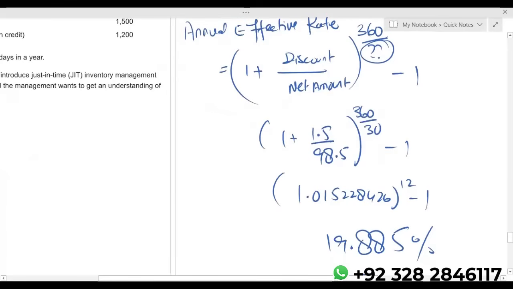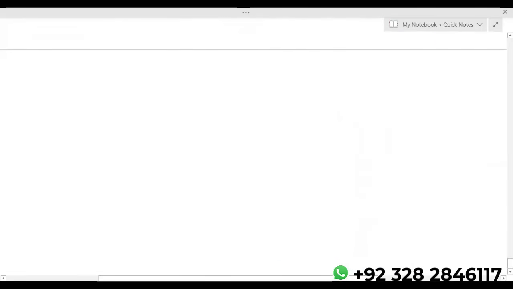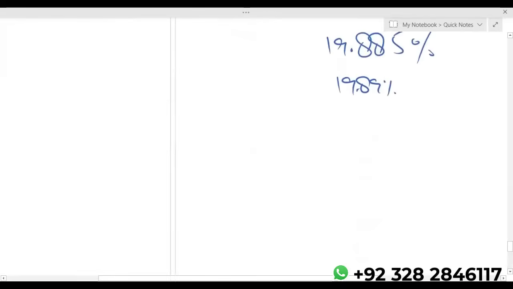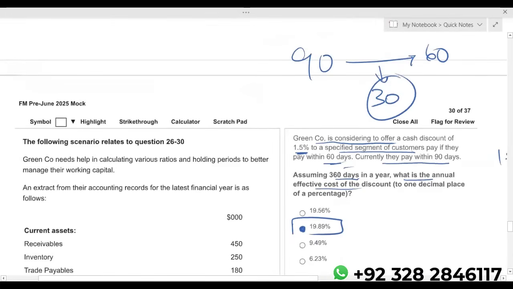Now, logically, when we provide a discount, we get the amount earlier, but always remember a cash discount is a cost. So this is the cost. Obviously, the company will have to check whether it will be financially beneficial for them or not. But that is not the question here. So this is perfect, easy. I would say, students, one of the easiest questions in the pre-seen mock. In fact, in the pre-seen mock, section A was very easy, and section B, I would say, is easier than section A. So that is all about your section B of the pre-seen mock.